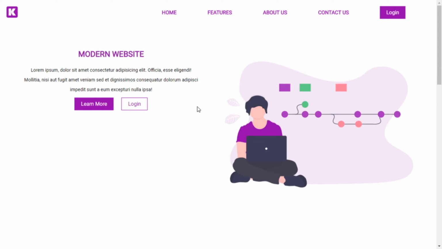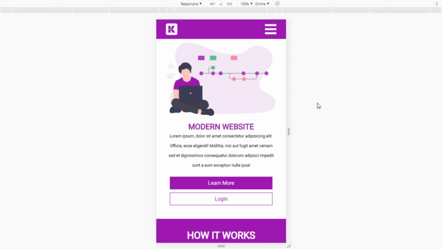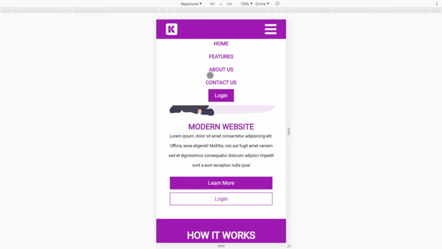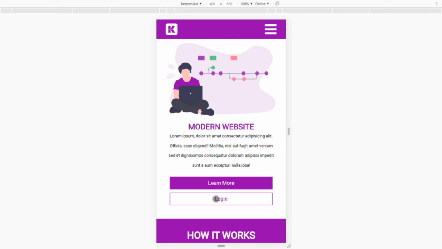Let me switch it to a mobile view so that you guys can see. So this is the website in a mobile view. As you can see, the website is actually responsive. If you click on this Hamburger Menu right here, it's going to bring out the nav bar. The JavaScript is used to add these functionalities to the Hamburger Menu right here, and also the buttons right there